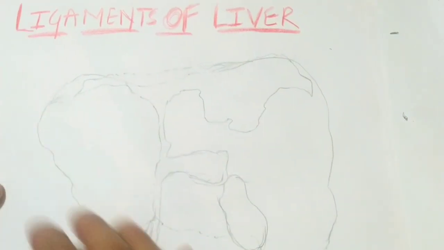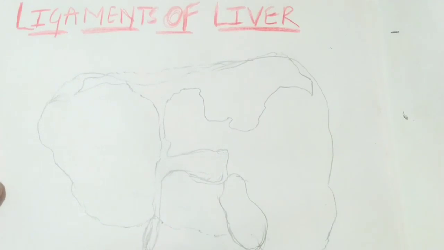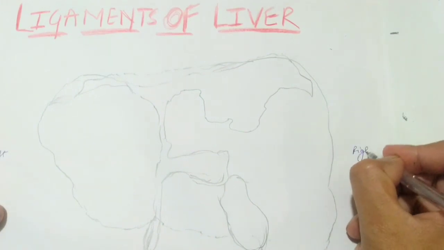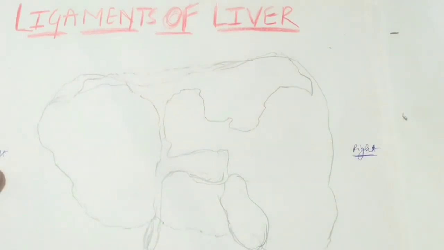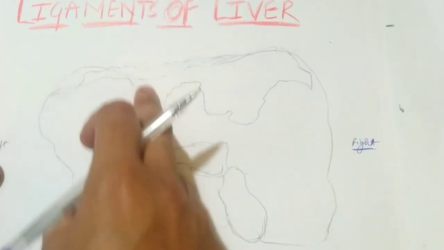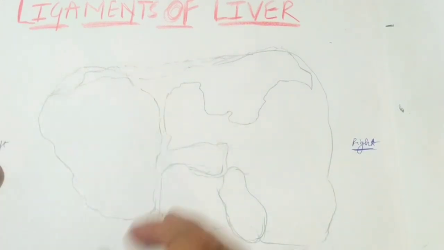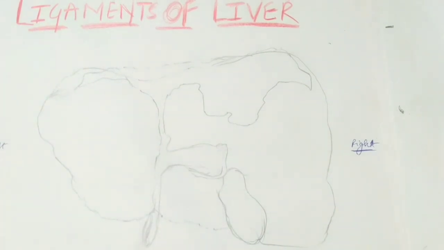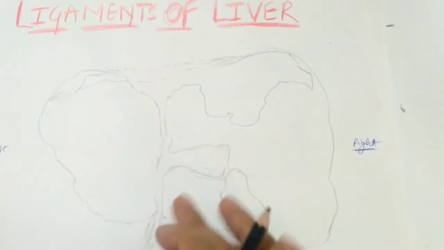So we'll start with this, your inferior surface of the liver, okay? And this is your left side, and this is your right side. This much you know, as this is a basic diagram, okay? And in this I will be showing you the different ligaments in the liver, how they are positioned and where they are located, and what the lobes are. So I will mark you with the color, okay, how they are formed.